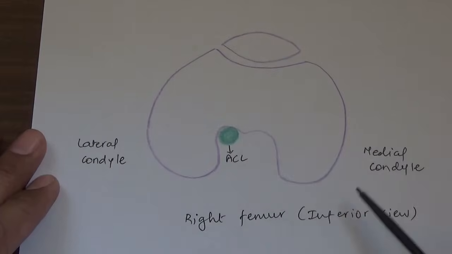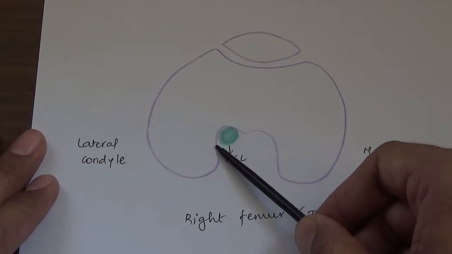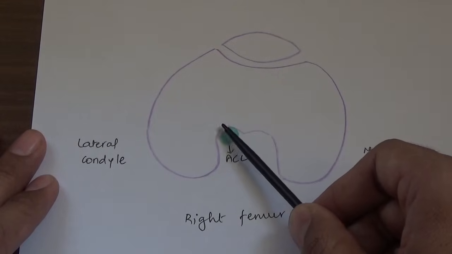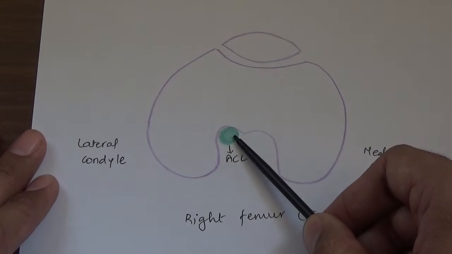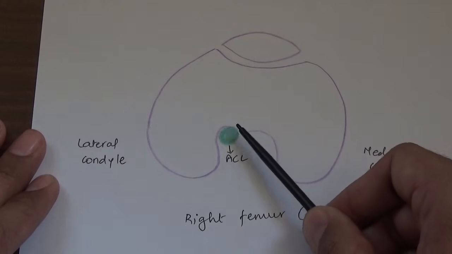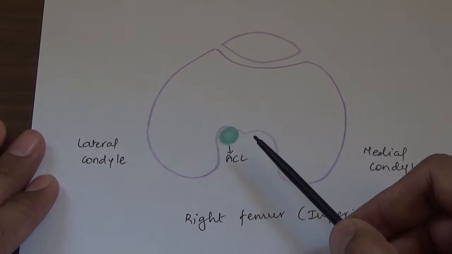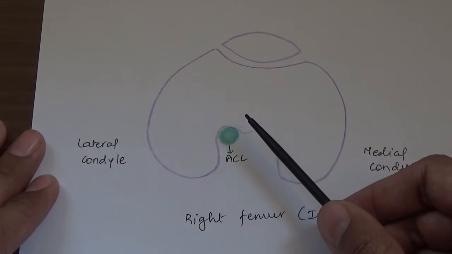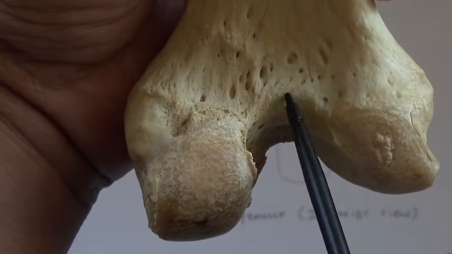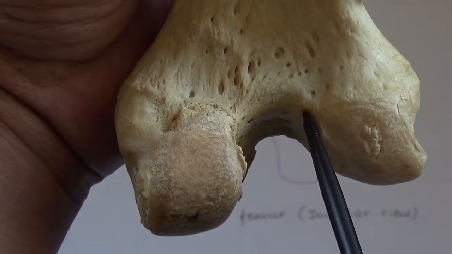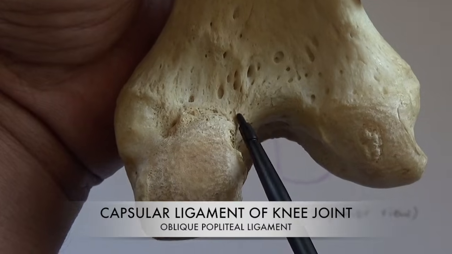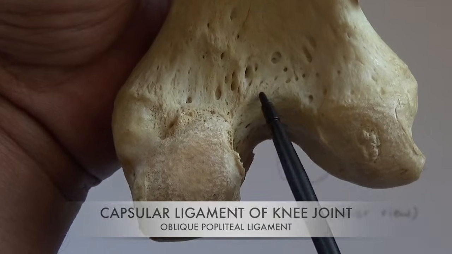Now when you see both condyles from below, along its lateral wall the intercondylar notch shows a subsidiary notch, which lodges the anterior cruciate ligament during erect posture or extended knee. This is a characteristic feature of mankind due to the adoption of upright posture. The posteriormost part of the floor of the intercondylar notch is termed the intercondylar line, which provides attachment to the capsular ligament of the knee joint and the oblique popliteal ligament.